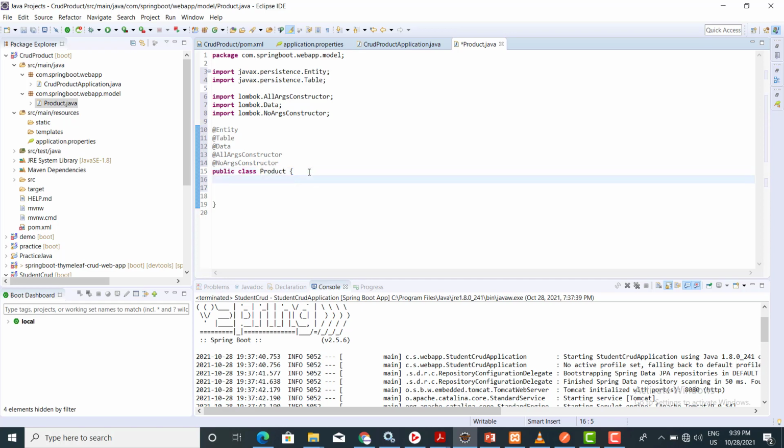Now I am adding the properties. So the first value I want is product ID. After that I want a product name. After that I want product quantity, and I want product price.